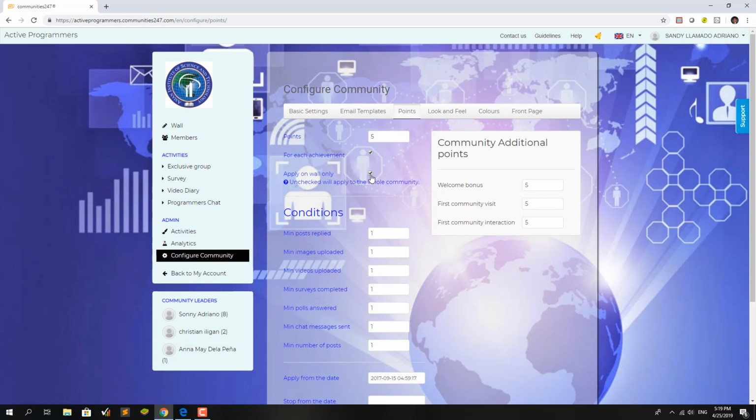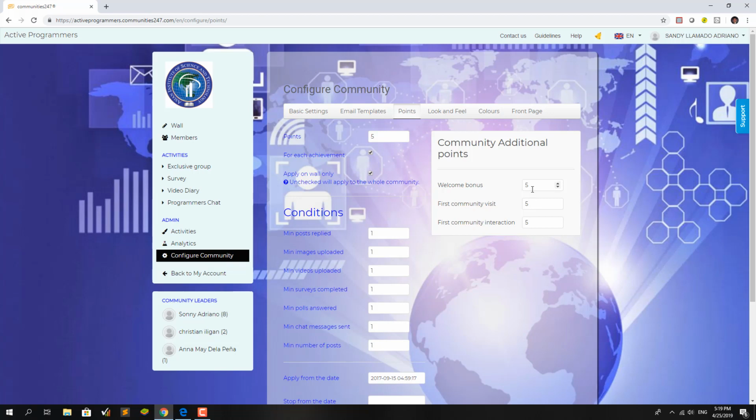If you want to apply this point system in the wall only, or the general conversation or topics, you just leave a check in this tick box. Now you can increase the different conditions listed here so that the points will only be given upon reaching the count per condition.